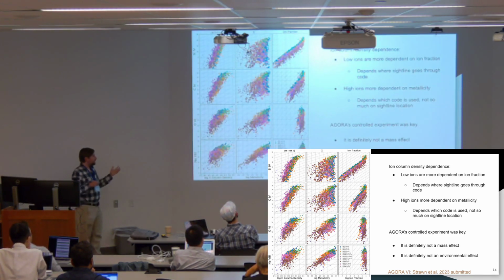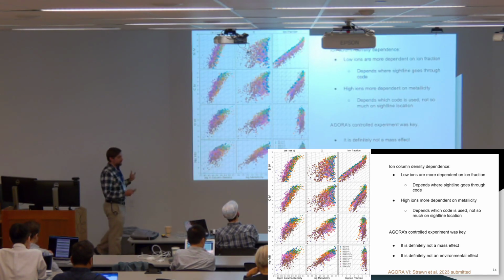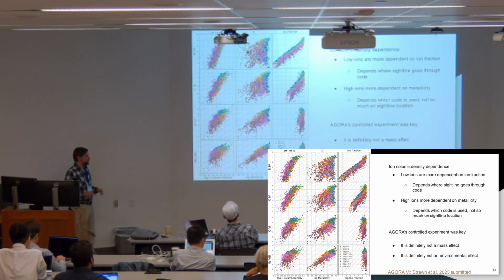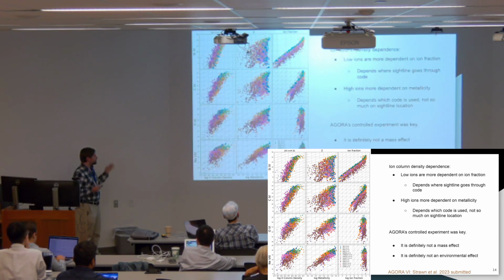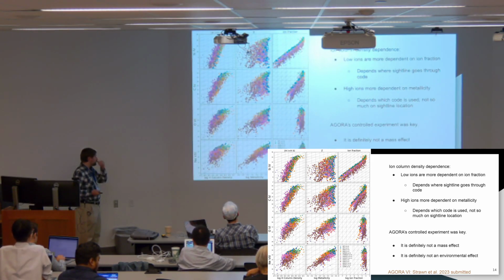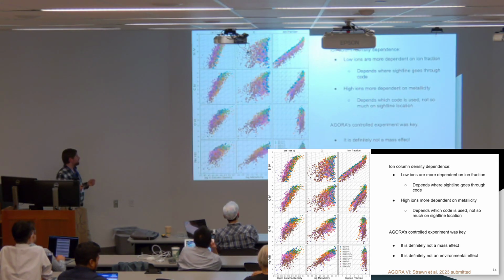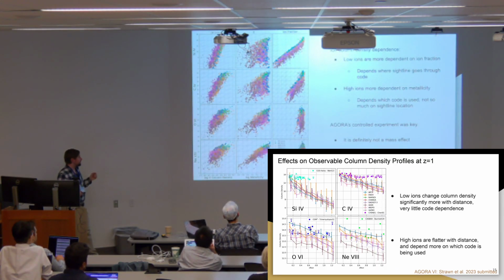And so, this is kind of a neat outcome of Agora because the controlled experiment nature of this is really helpful. Because if this was a suite of simulations of a bunch of different instantiations or different masses or something, we would think that this is a mass effect. We would probably find an environmental effect. But since these are all constrained, these all have the same stellar mass, it really is just showing this is some kind of actual ionization modeling effect. This is just the nature of how you do collisional and photoionization using Cloudy, more than it seems like a main change with code.